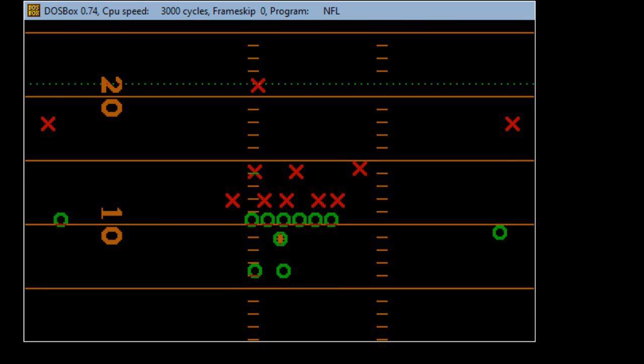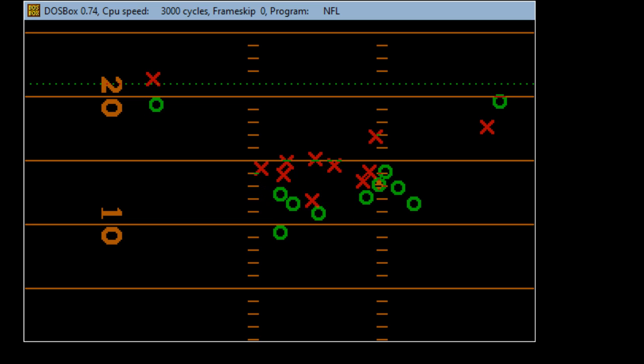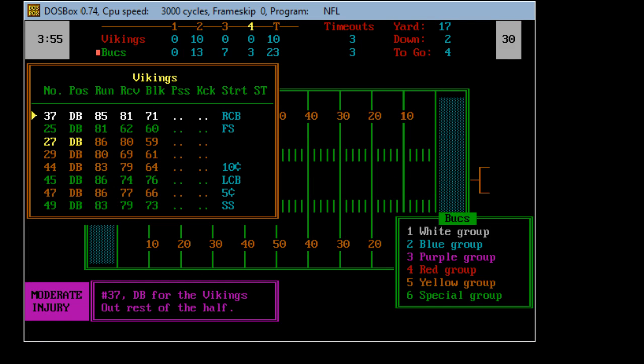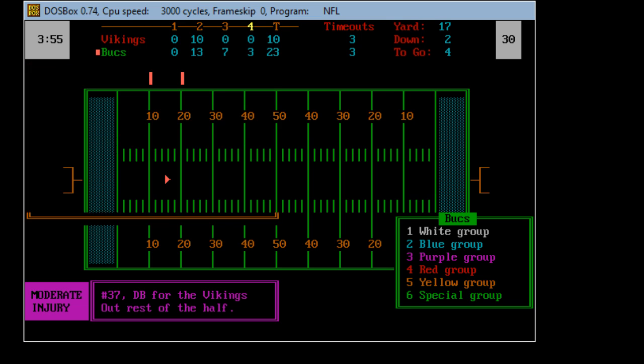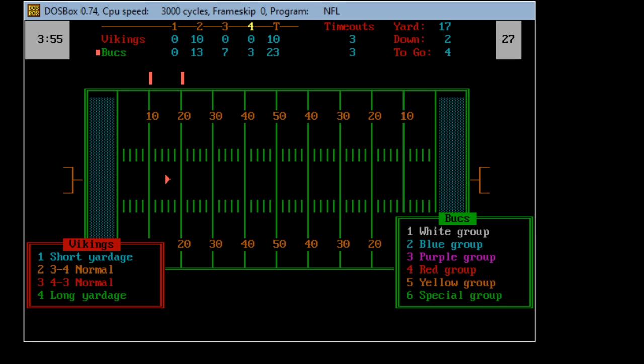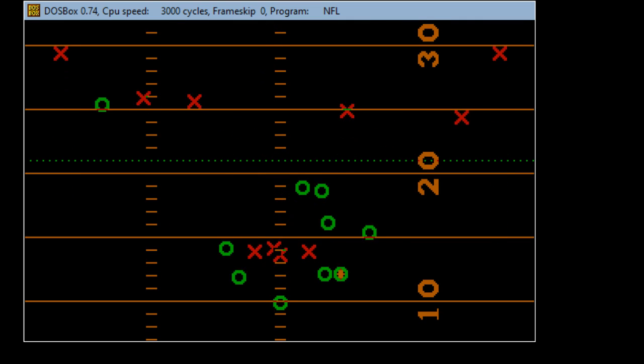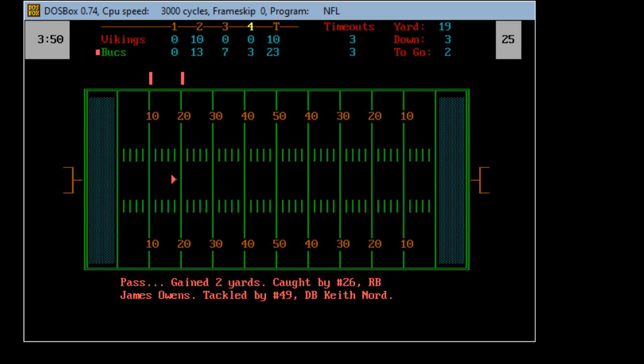With under 4 minutes to play, here comes a power sweep and a good gain of 6 for Jerry Eckwood, as the time starts to run out on the Minnesota Vikings. The Tampa Bay Buccaneers lead the second half by the score of 10-0. We've shown you the touchdown and the field goal by the Buccaneers in the second half, and that's been all